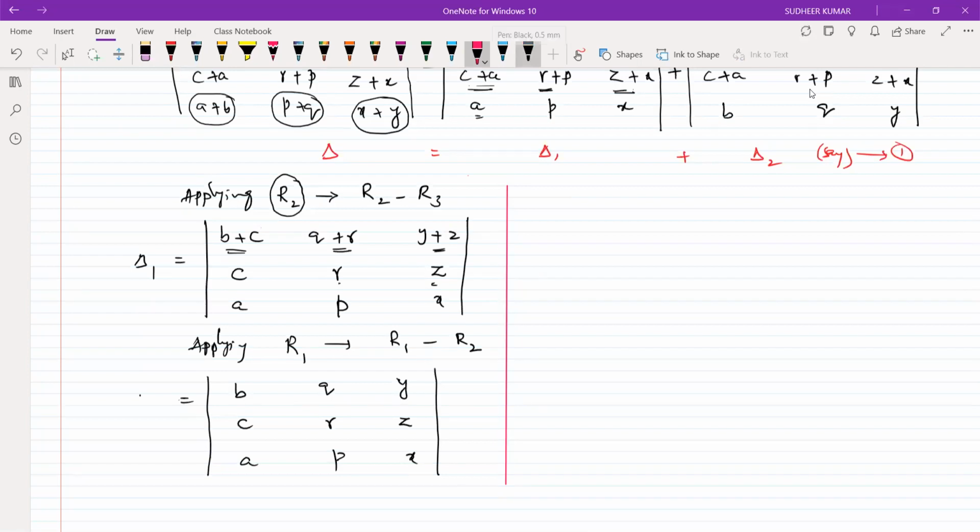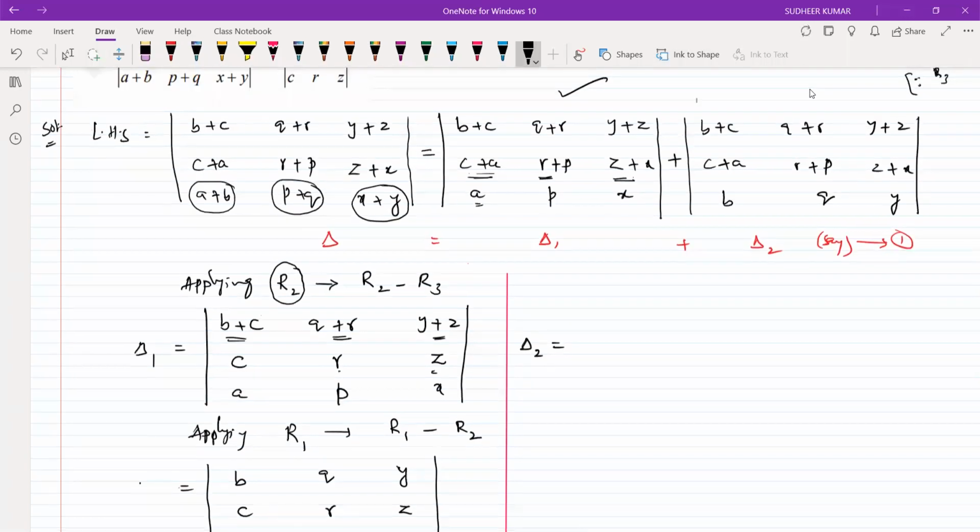So let us go to the next determinant. What is the second determinant? So how to make these terms as single terms? The same operations can be done here also, right? Yes, sir. So we can write applying R1 minus R3. R1 changed as R1 minus R3. So what do we get as the result then?